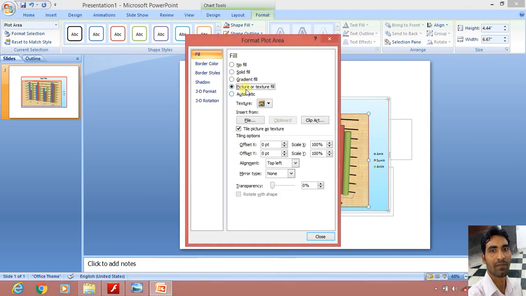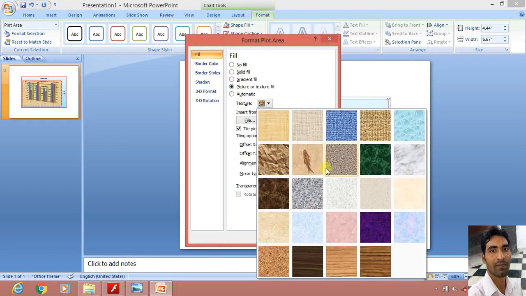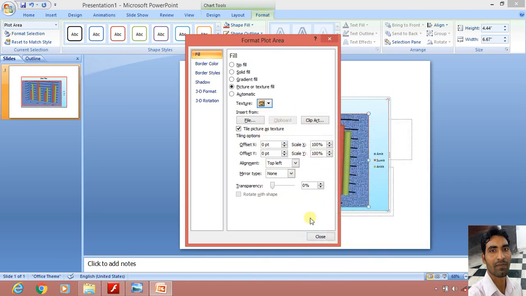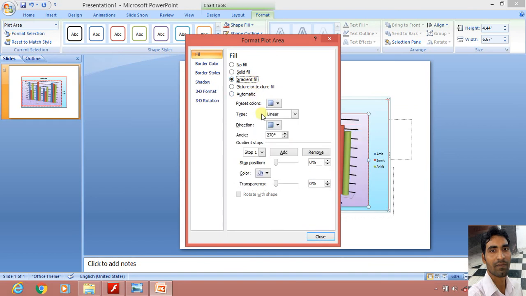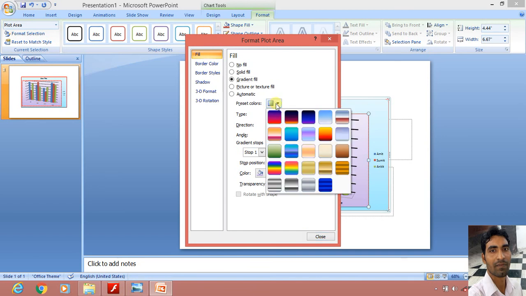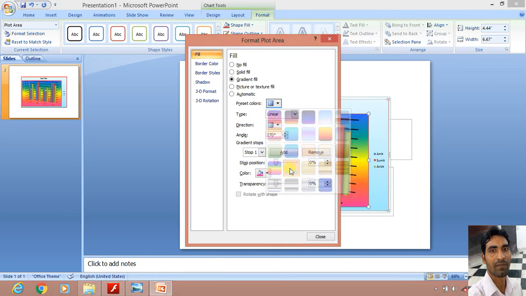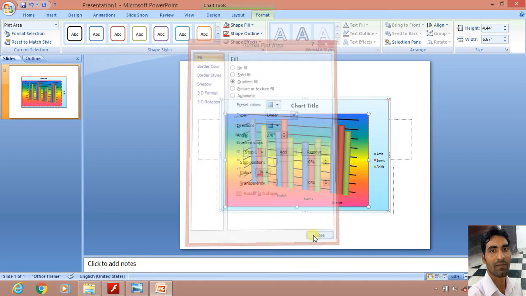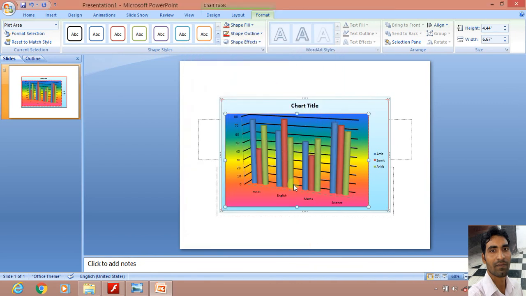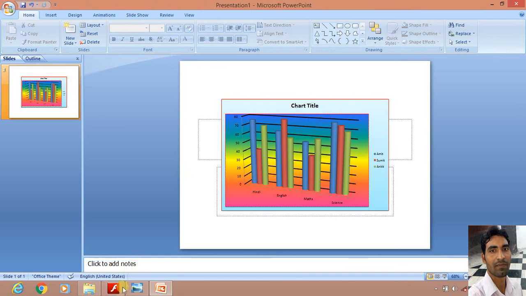So texture, as told, we can select texture here, any texture we can apply. Or you want gradient fill, you can select the gradient option also. Here you can select the gradient colors, preset colors are given, so you can choose any one color, whichever you like, this color, and then finally click on the Close button. Now you can see the plot area is formatted.